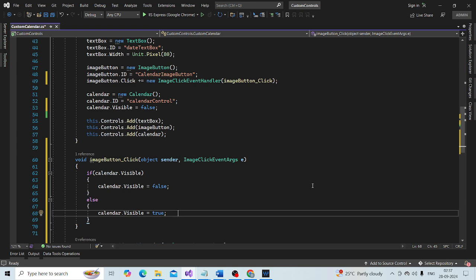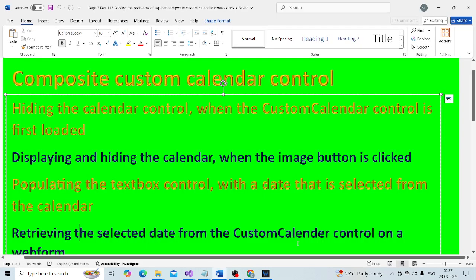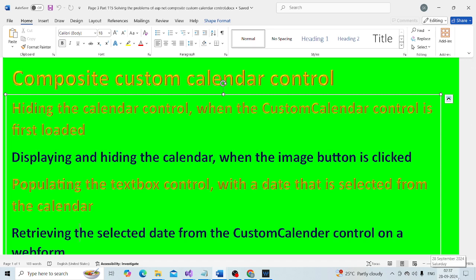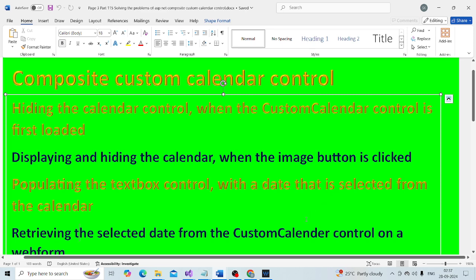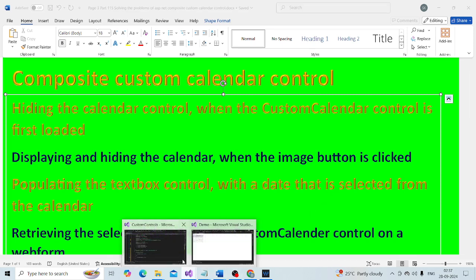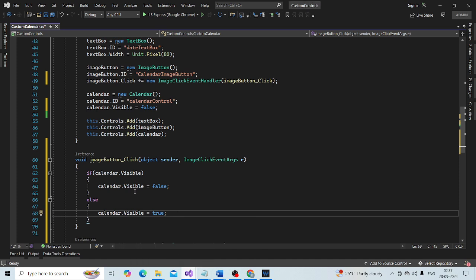So that should solve our second problem: displaying and hiding the calendar when the image button is clicked. If it is displayed, it will be hidden, otherwise it will be displayed back. Okay,